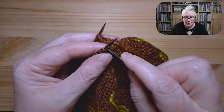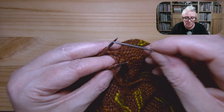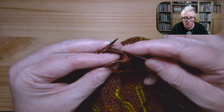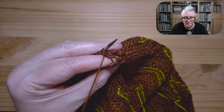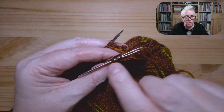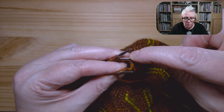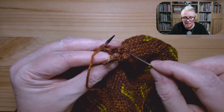Okay. Knit off, purl on. And I'll do the same on the back. Make sure you get through both of the double leg stitch, knit off, purl on, knit off, purl on, knit off, purl on. Now, as you get towards the end, you're going to be tempted to sort of